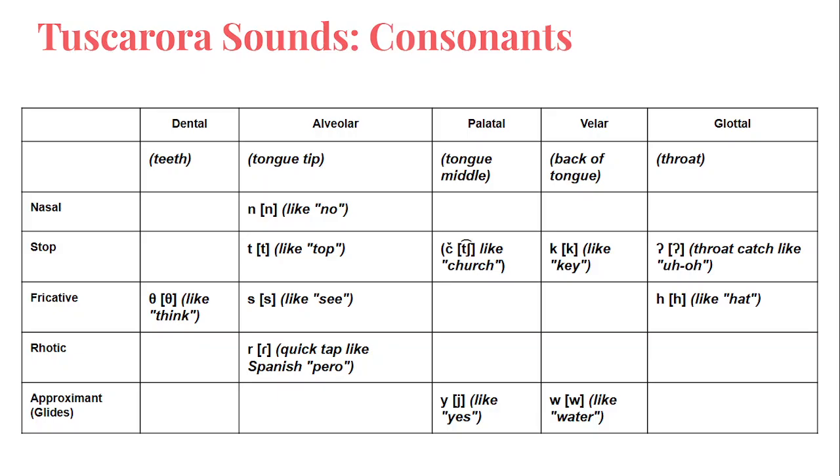There is a small Tuscarora audio dictionary. It's only got like 56 words, if I'm not mistaken. It's only got a few dozen words in there, but you can listen to some of the words and pick up the pronunciation, like where the stress goes and what this R actually sounds like. I'm not sure if I actually listened to any words with this sound, but there are recordings of a lot of different words there.